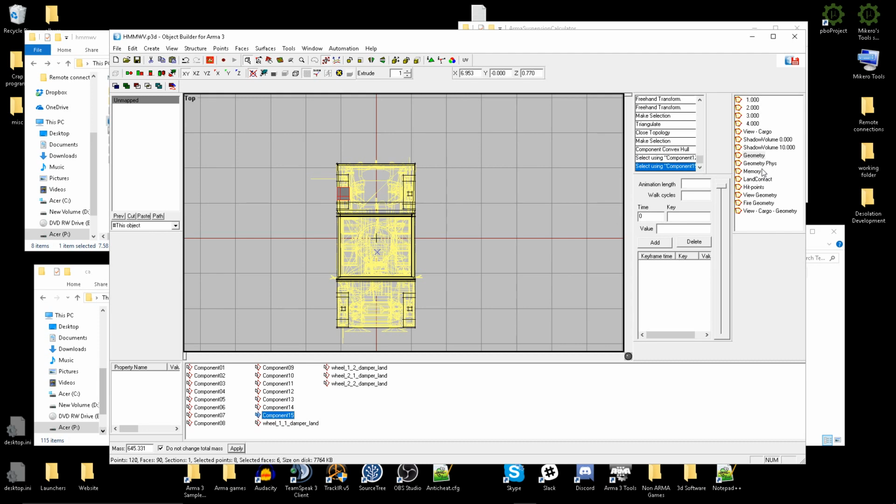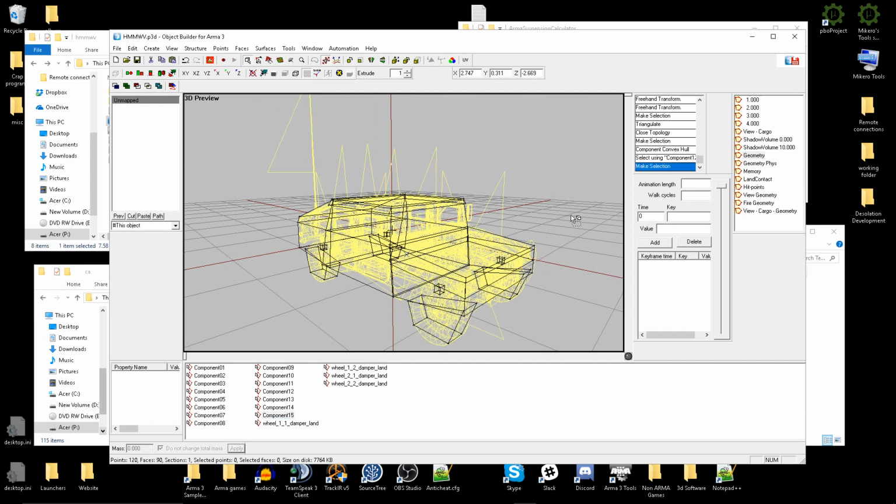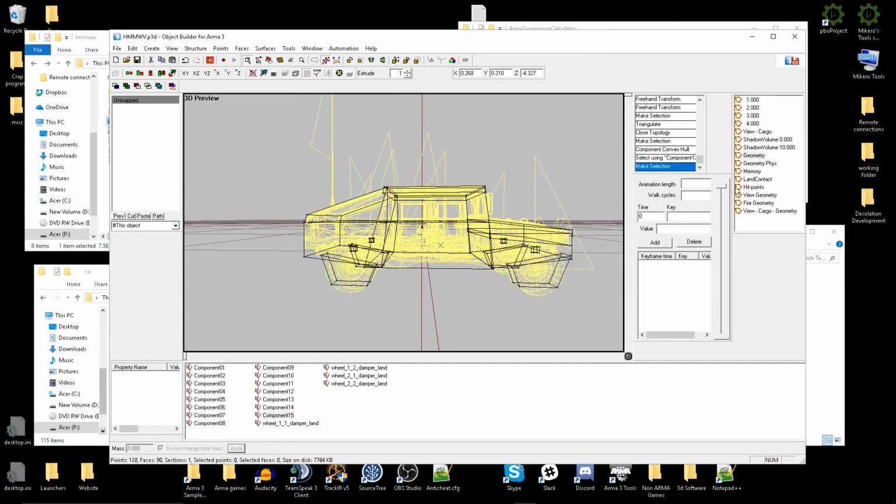Now for geometry physics, go back to projected. You'll notice in the geometry LOD, we've got the wheels in here. We don't need wheels for geometry physics. Geometry physics is just the hull of the vehicle, and it should be simpler than your regular geometry. You'll notice the geometry LOD has 120 points, 90 faces. What I did was I selected the body without the wheels,